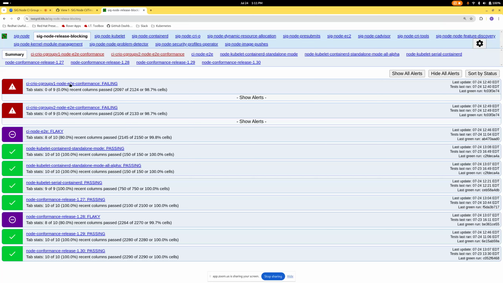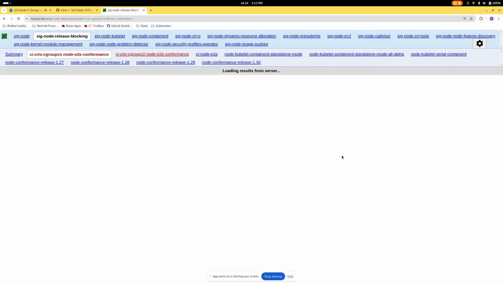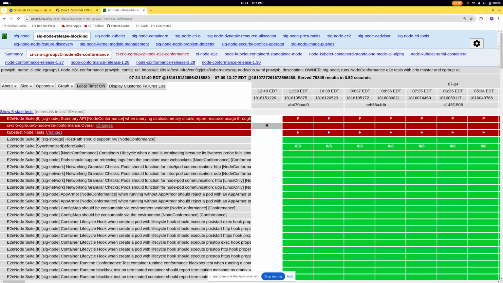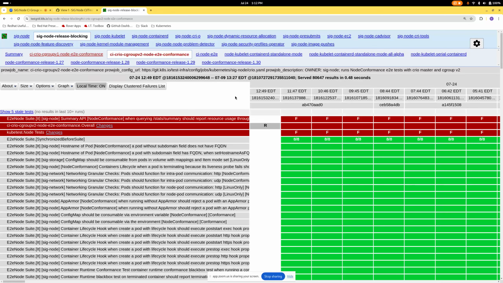So we got reached out to yesterday about the cryo conformance tests failing, and I ended up tracking this one down to one of the split file system KEPs, 14191. We have a PR up for that one, but generally our cryo board is going to be pretty messy until this is merged. It's pretty much anything that has that feature turned off, which is most of our board, and it's affecting a lot of the cryo ones. So that's the main issue from the release blocking. I've already created an issue for that one and tagged it as a priority.